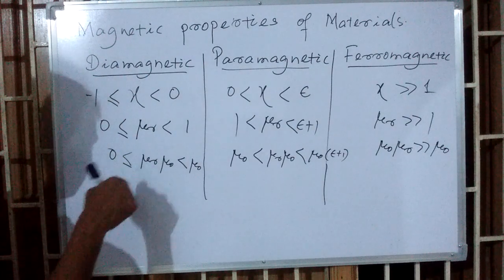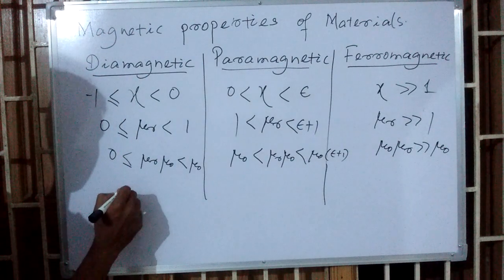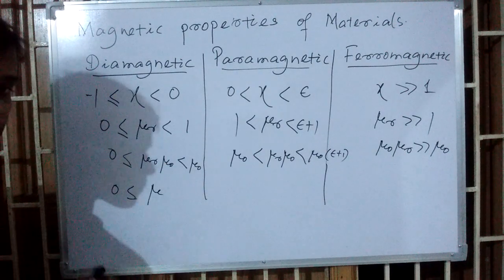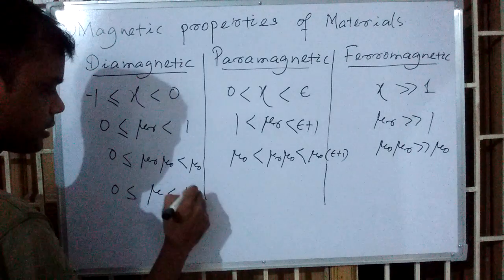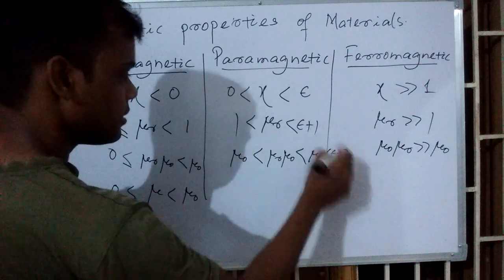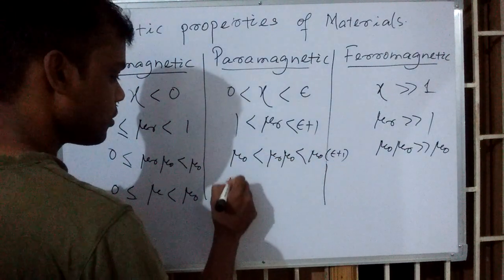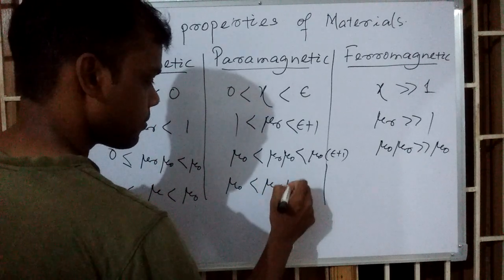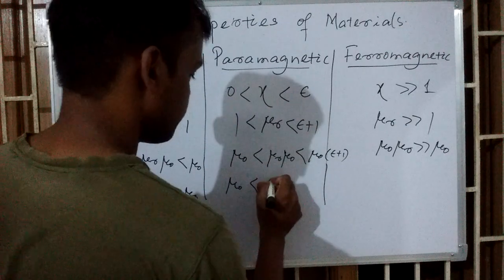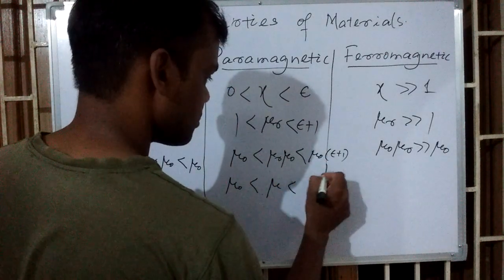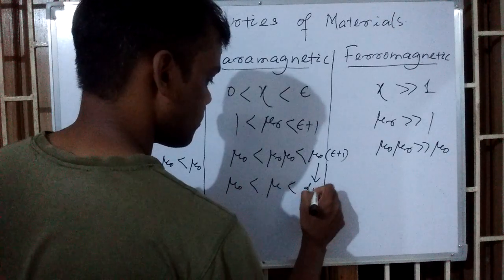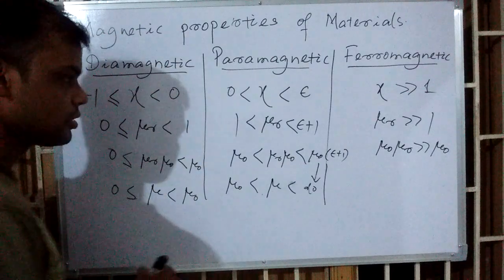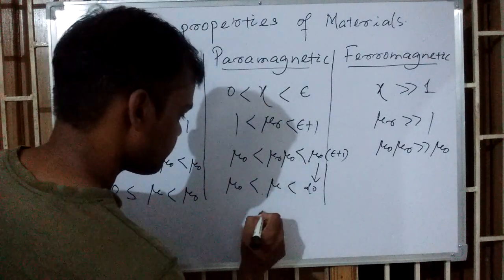Here in the next step it will become 0 less than mu r mu naught, which is nothing but mu itself, and this is mu naught. In this case mu naught is less than mu and less than this value. Okay, but from both these conditions I can conclude that mu is